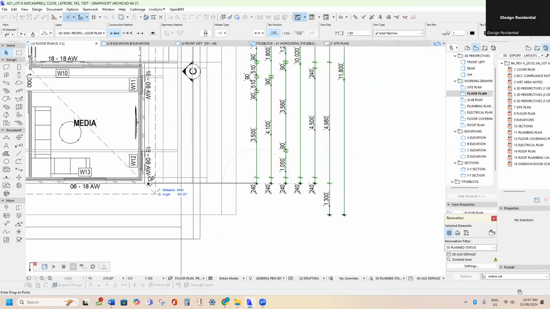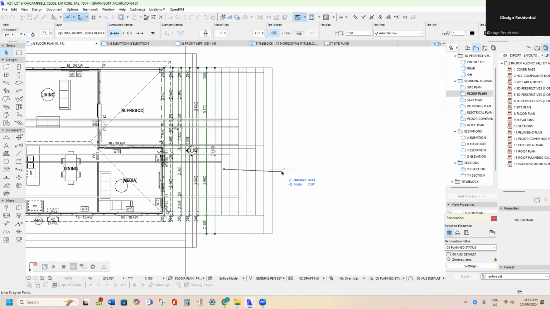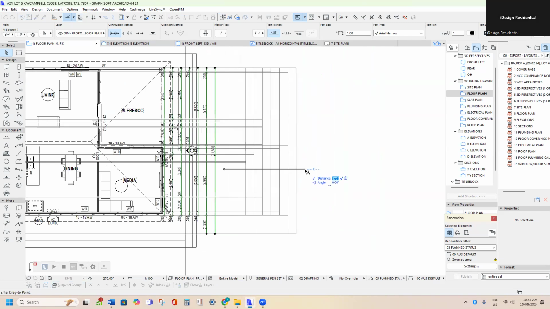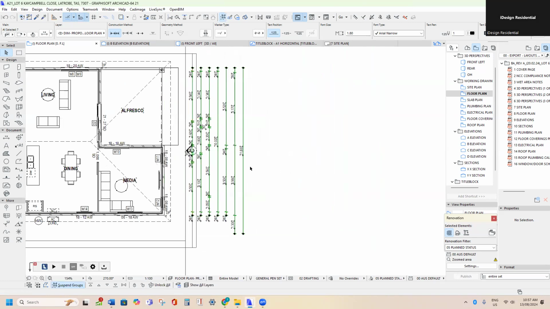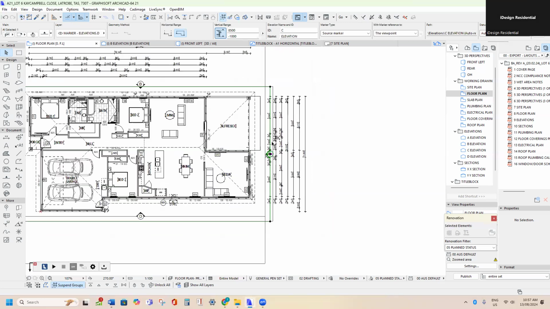Control D, click. That worked this time. Control D, click, hold Shift, press R, 2000, type in, and then press Enter. Now that's 2000 off. Now you can see on this particular one that that dimension string is sitting over the